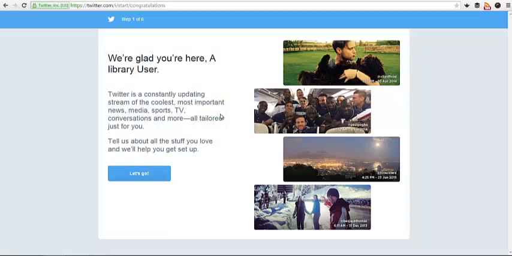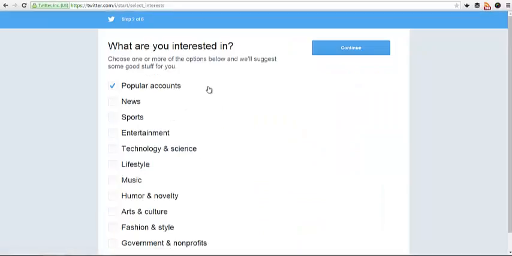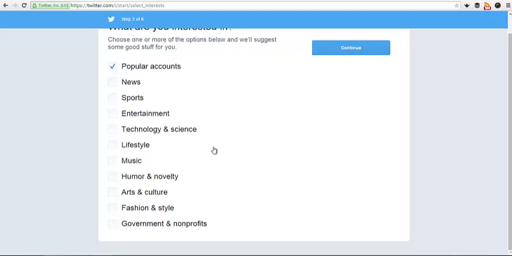And here we are, welcome to Twitter. These steps will take us through setting up an account and how to get the best from the account. Twitter likes to know a little bit about you, so it can try and suggest accounts which might be relevant to you. By choosing some of these categories, it will make suggestions based on what it believes your personality to be. So by having a look through these choices, we may be interested in government and non-for-profits, arts and culture,